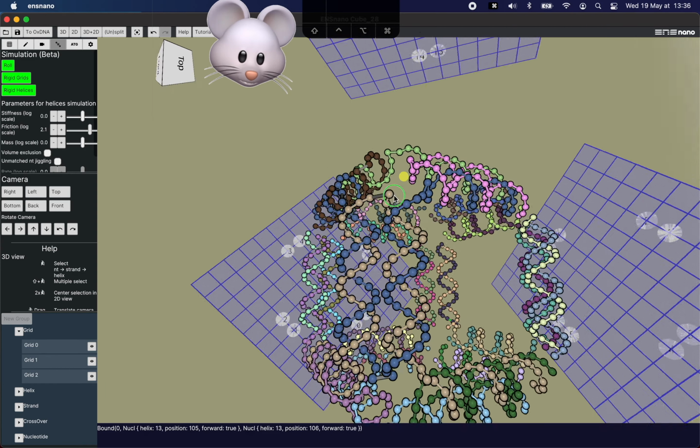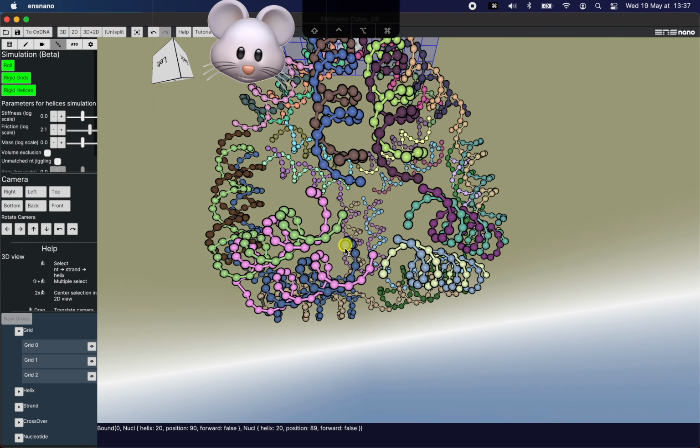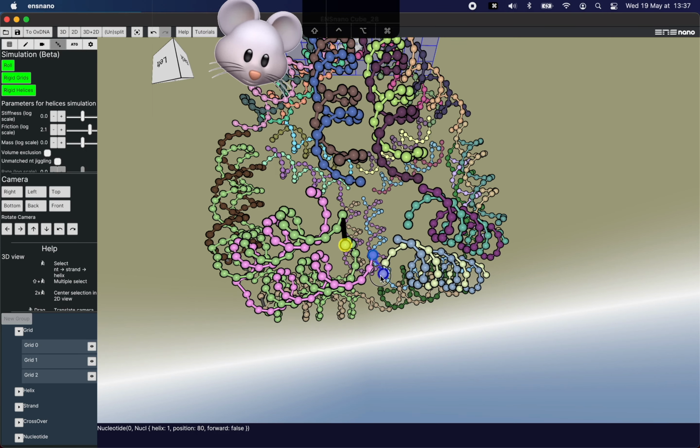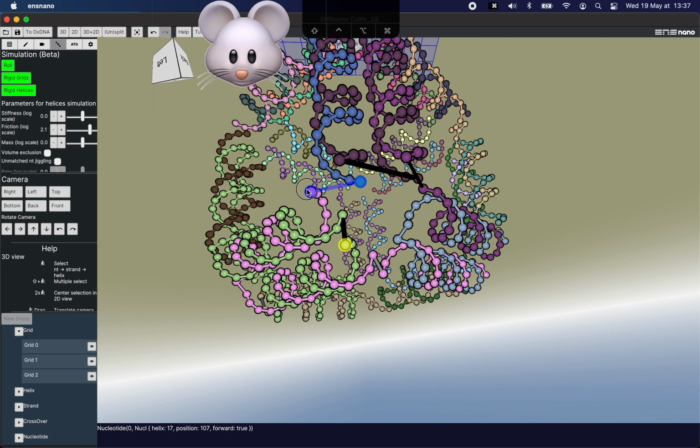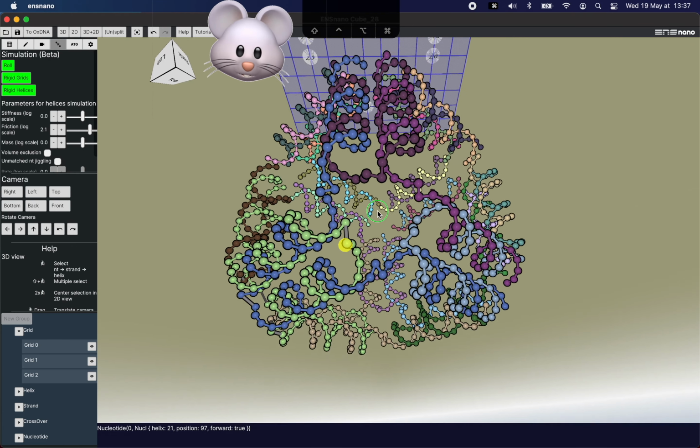Okay, so let's do one more. So now, let's do this corner, for instance. Okay, so this one is going out, and it's connected to the one that goes in, out, in, out, in, out, in, out, in, out, in. Okay, so again, let's roll to check that everything is fine, and we could continue like this in the 3D view by just doing long presses. That's one way of doing things, but there is also another way of doing